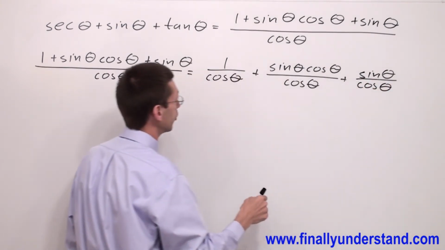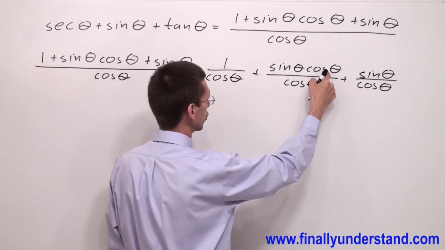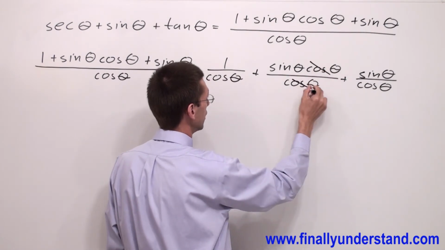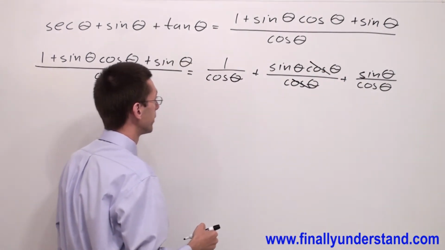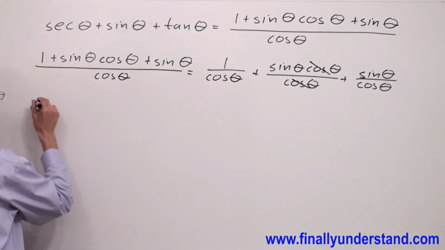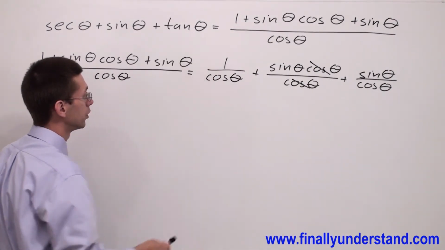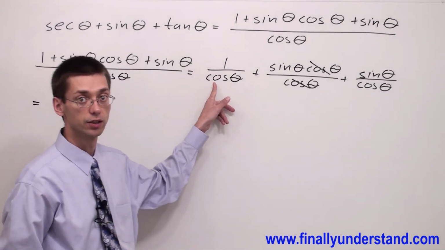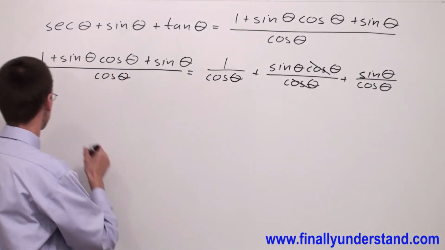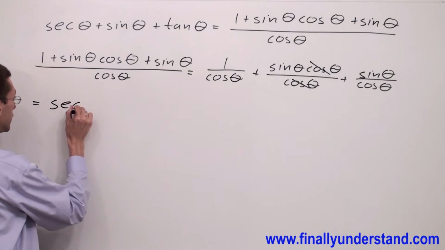Okay? Now please notice that we can reduce cosine with cosine because we have multiplication in the numerator. And let's take a look at what we end up with. 1 over cosine theta is secant theta. So we have secant theta